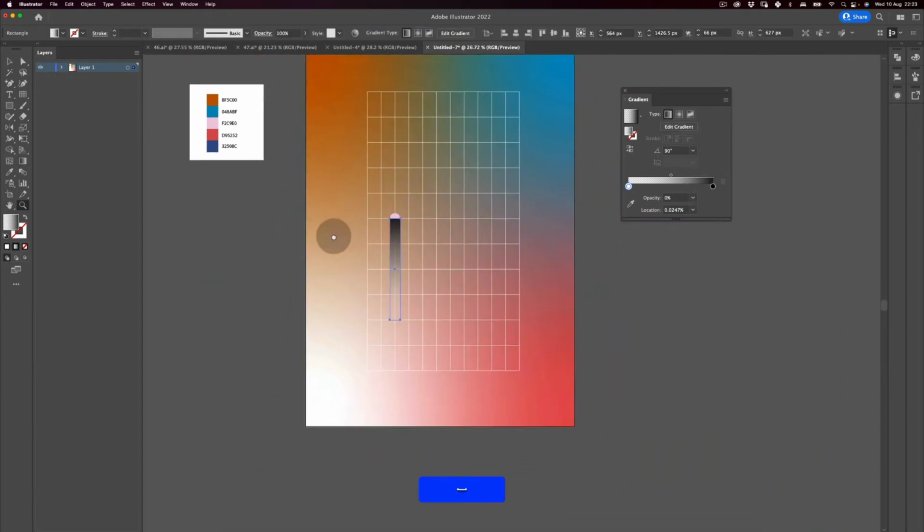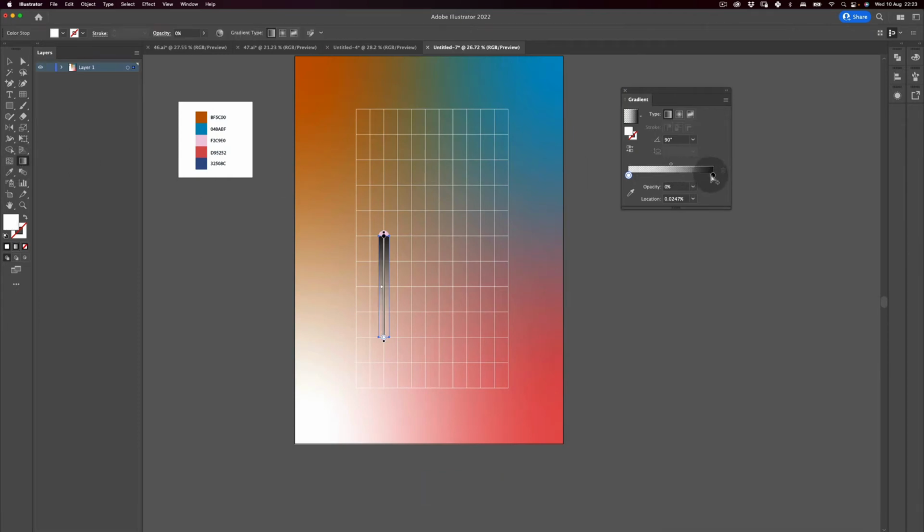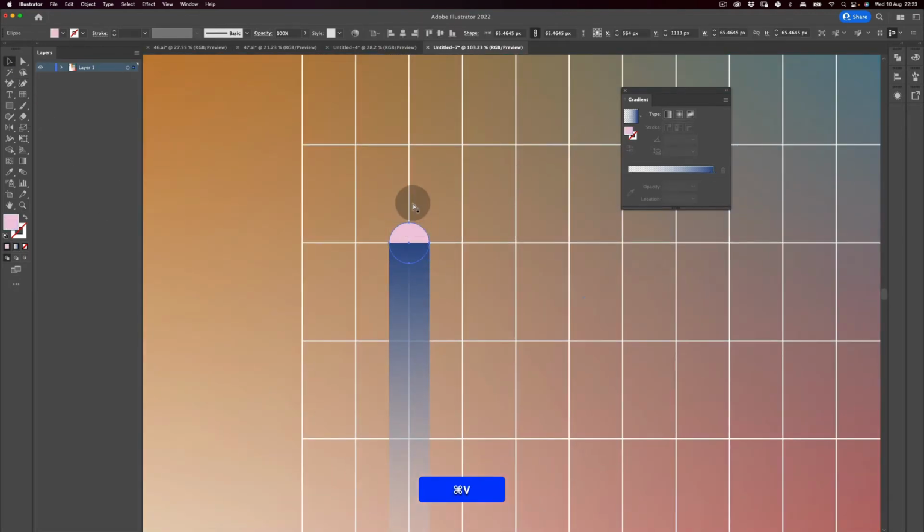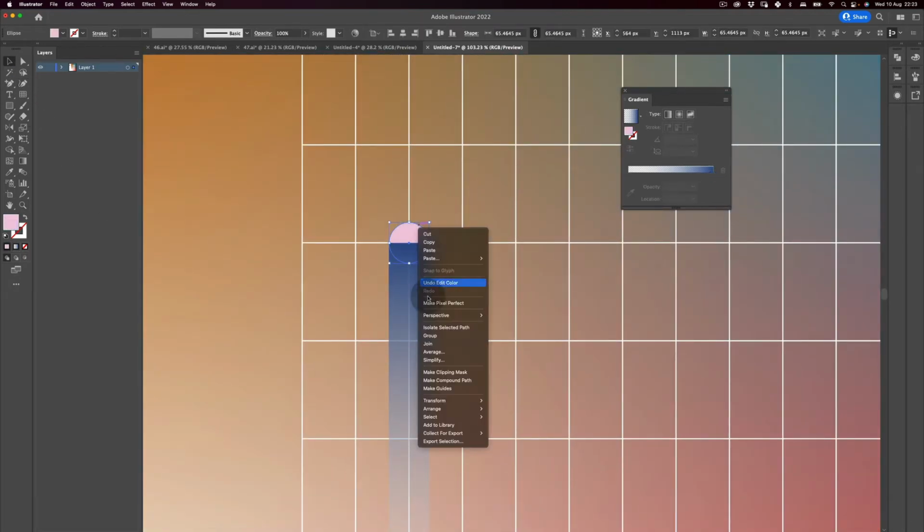And I'm going to change that color to something more custom. I'm going to change this color to our nice blue here. Perfect. I'm going to zoom in, push this right click and push